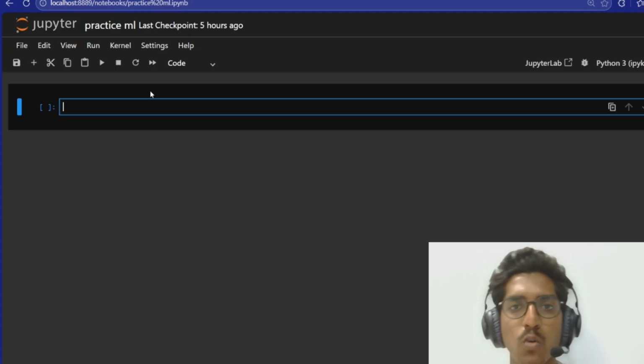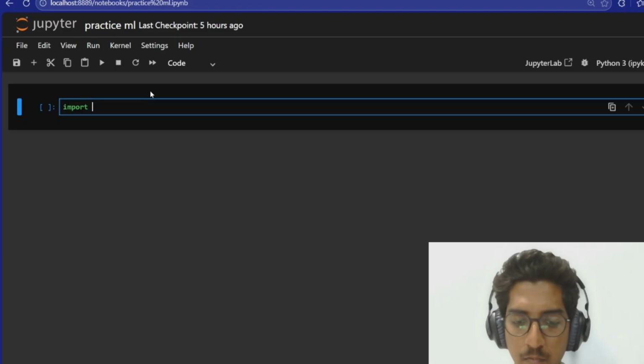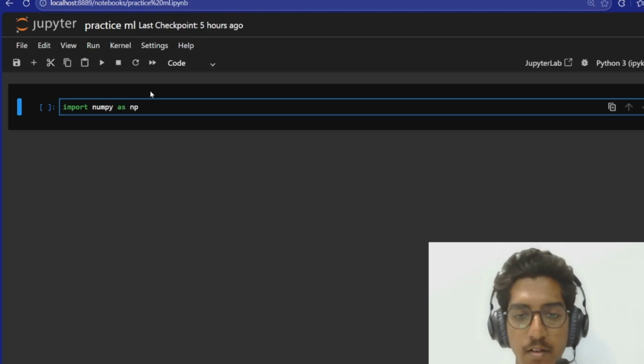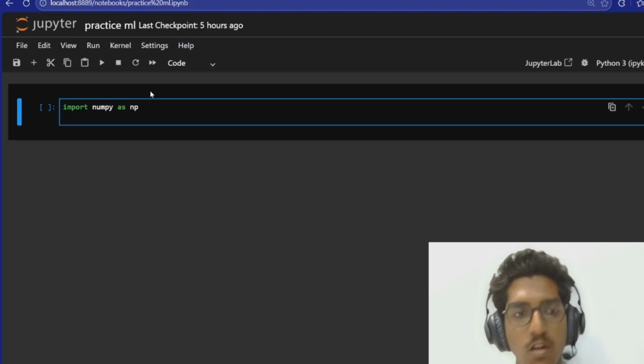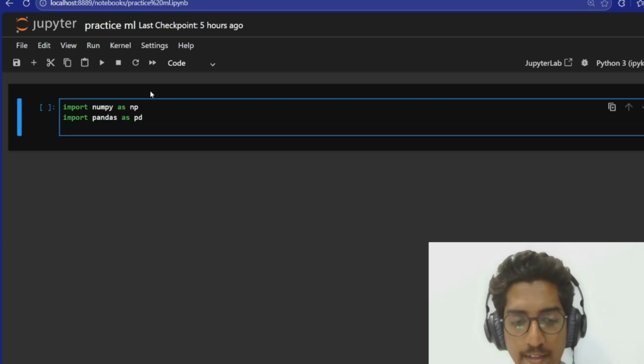So first of all, before coding in any studio, we need to import the libraries, right? So first I'll be importing numpy as np, right? So this is the first library. The next library is import pandas as pd. Okay, next from sklearn